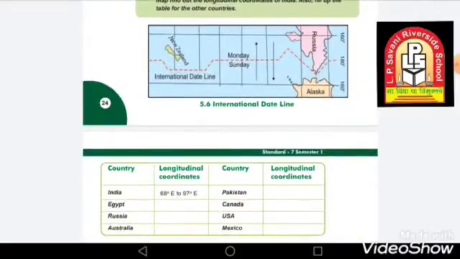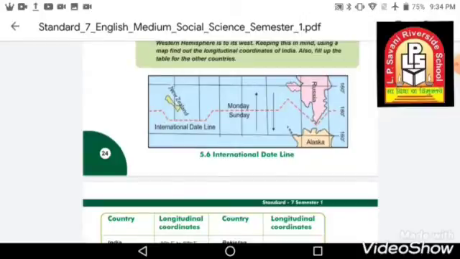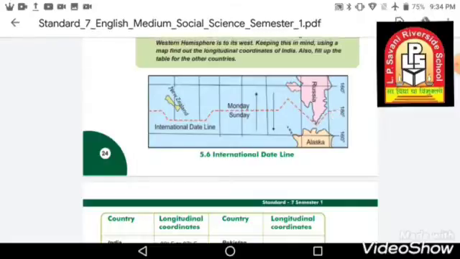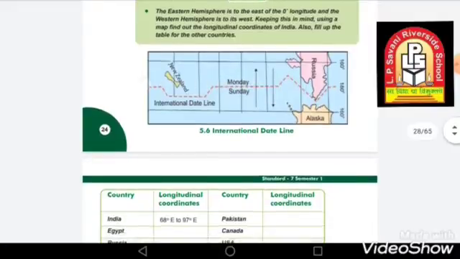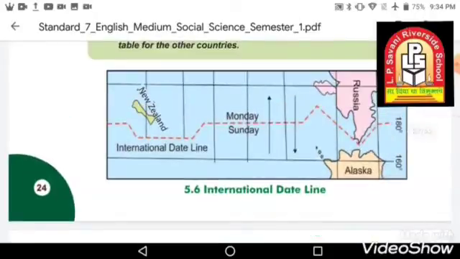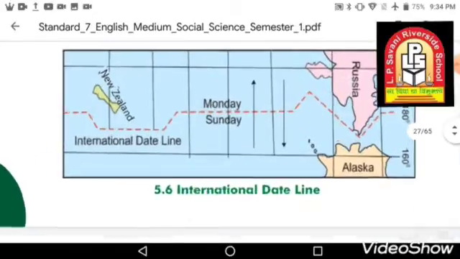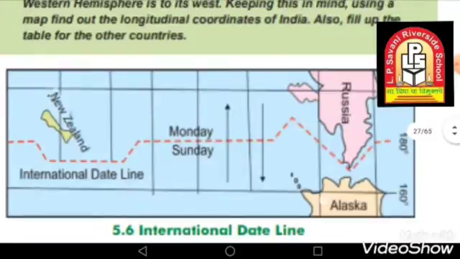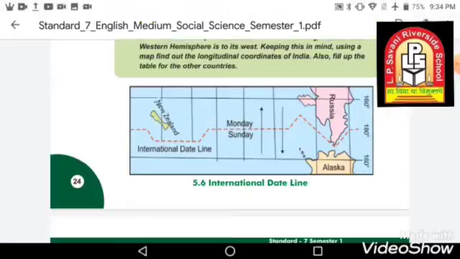Why is it so? You can see here, this is New Zealand, and this line has been made zigzag. If you made this 180-degree line a straight line, what would happen? Imagine this is a straight line. Then New Zealand would have been divided into two parts, and Russia would also have been divided into two parts. So Russia would have 2 dates and 2 days, two times, though it is one country, and the same would happen with New Zealand.